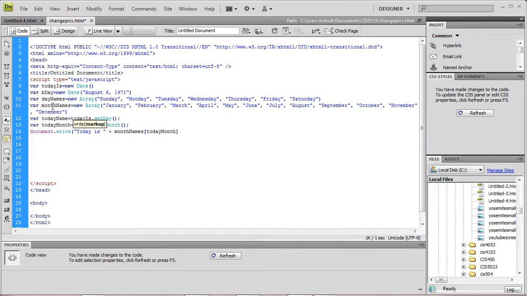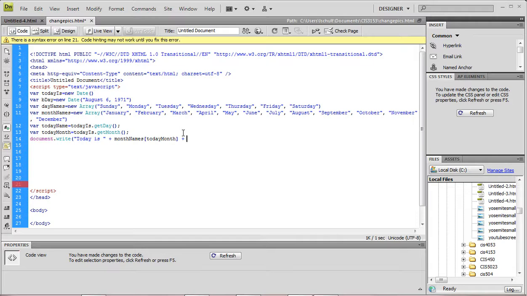Remember, our array is named month names. We've retrieved the number from 0 to 11 that corresponds with today's month, and it'll go in there and find it according to this variable. So today is, so that'll say January or July. So we're going to concatenate on